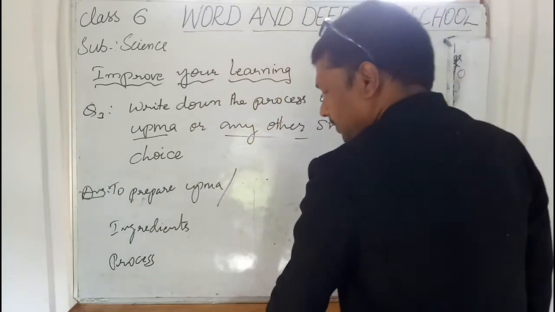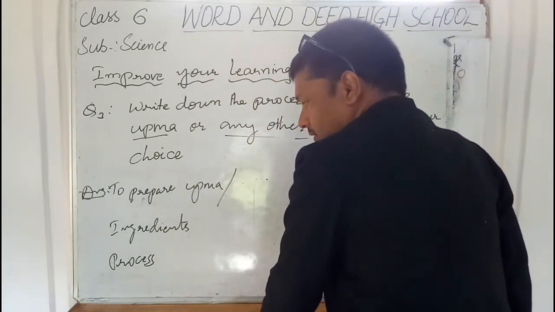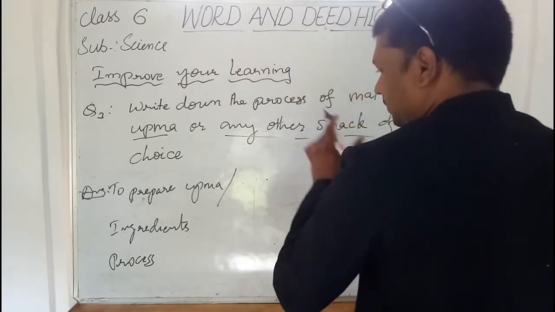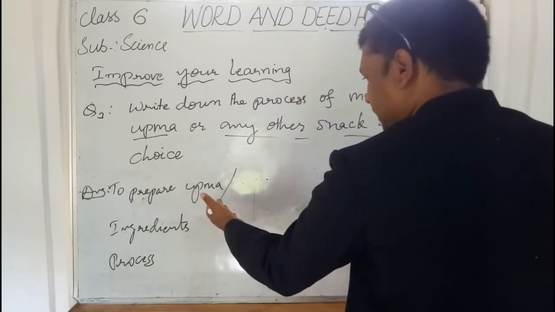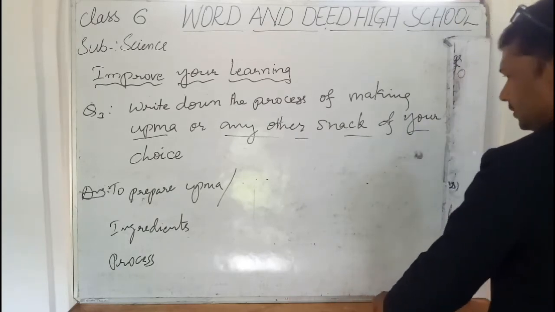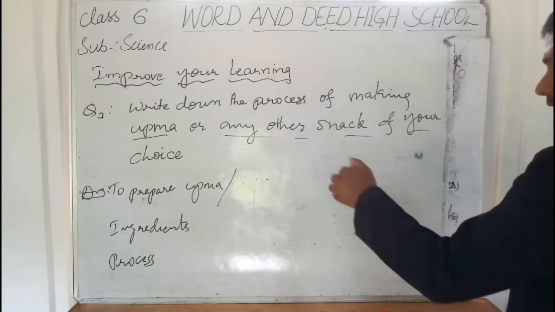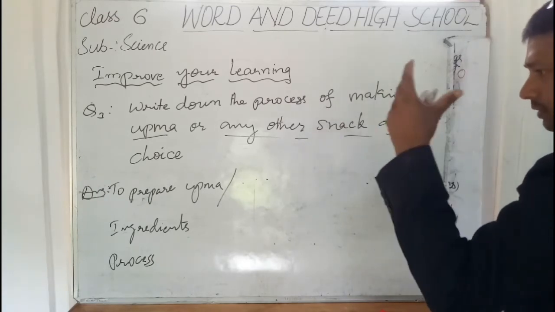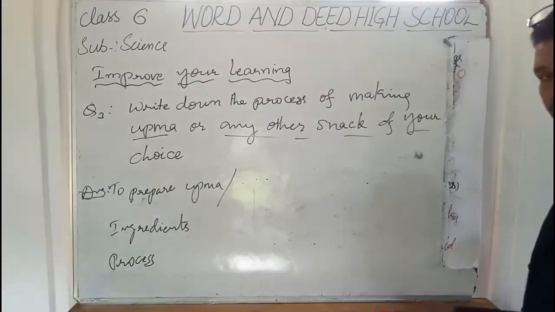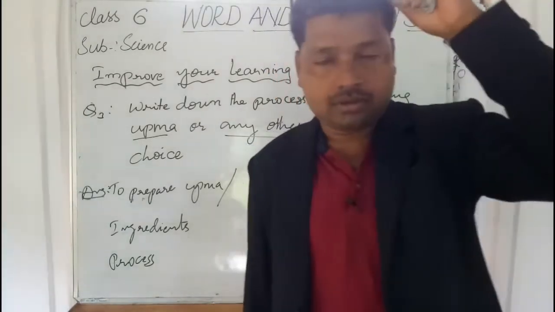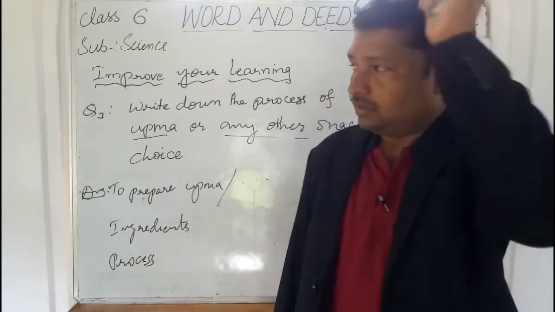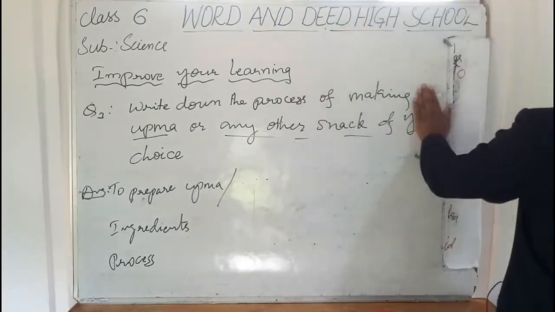that means the methods of preparing foods we studied about, right? You follow any one of those methods and write the whole process that is involved in the preparation of the food item that you are going to prepare. Okay, and this will be the answer for this question. I am giving you the information in detail. Like this you have to write. Okay, then let us move to the next question.